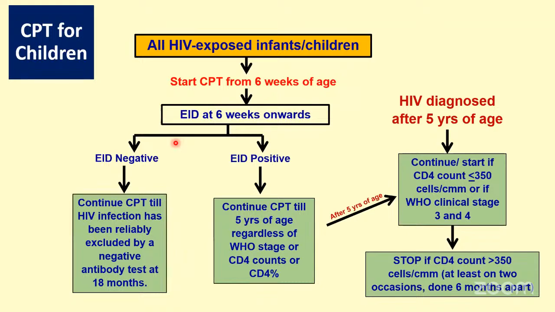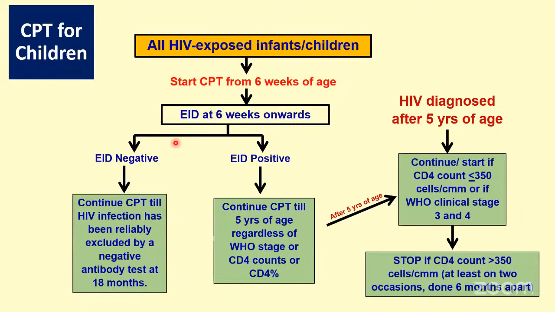You have to start cotrimoxazole prophylaxis from the age of 6 weeks. If they are early infant diagnosis negative, you continue CPT till HIV infection has been reliably excluded by a negative antibody test at 18 months. If they are EID positive, you continue their CPT till 5 years of age, regardless of WHO